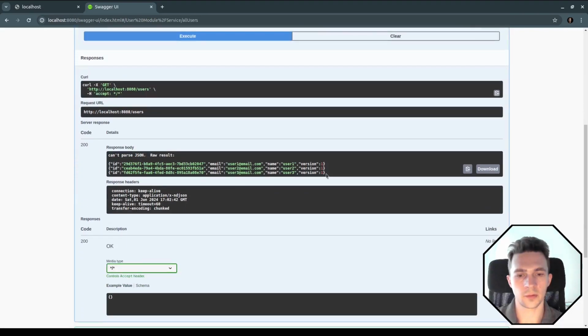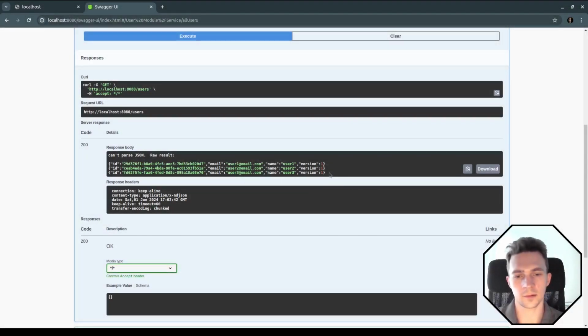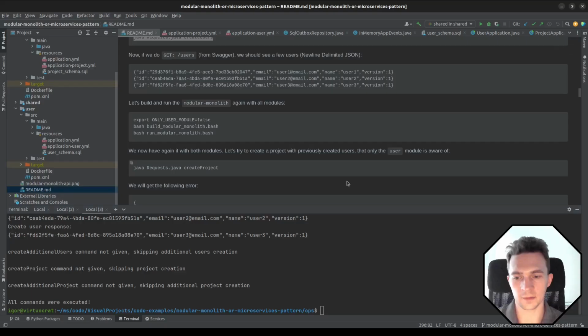Yeah, so we have a few users. Swagger is saying that it can parse it because, as you might see, we have JSON starting from a new line, so it's called newline delimited JSON. It's a nice way to stream JSON, big JSON lists that can be really large. So each object is written to a new line basically. Yeah, but anyways,